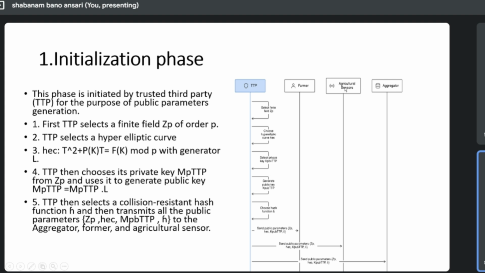And then next, communication is between the agricultural sensor, the sender and the receiver. The sender is the sensor and the receiver is the farmer. So I think this is perfect, because most of the communication is between the farmer and the agricultural sensor, and second between sensor and aggregator, so they are not far away. I think this order is correct. Between the agricultural sensors and aggregator there is communication, because the ciphertext is sent from the agricultural sensors to aggregators.